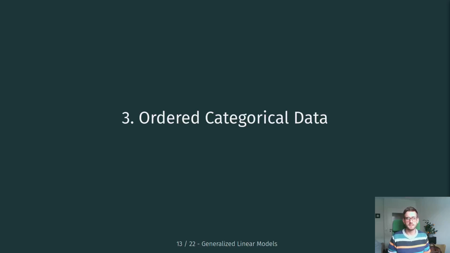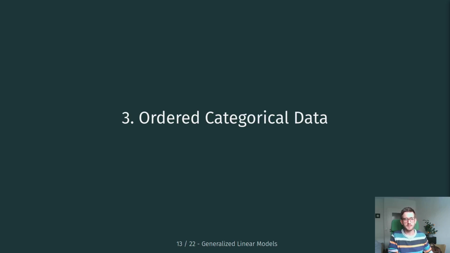Hey everyone. In this video, I'm going to introduce some regression models for ordered categorical data. It turns out that in political science applications, we have a lot of outcomes that are indeed ordered categorical. So, for example, if you're working with survey data and you ask people whether they agree or disagree with certain